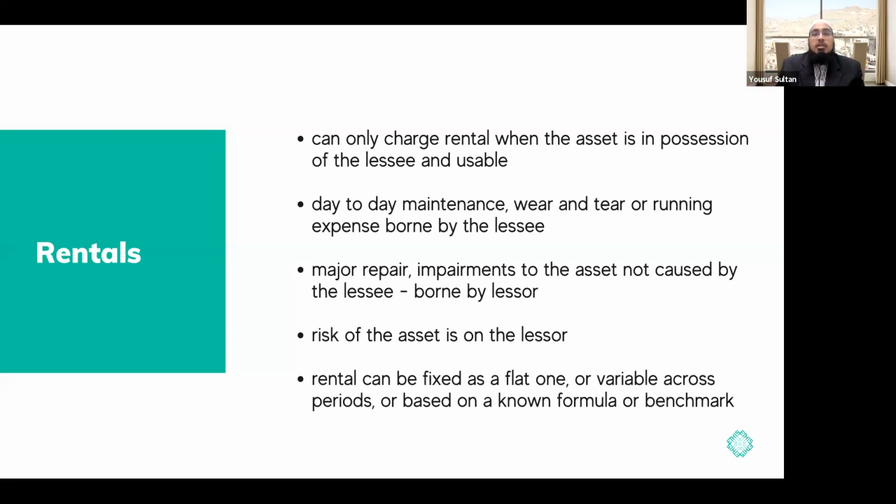So for example, why is a house beneficial? Because it protects us from the rain, sunlight. It makes us secure, right? So if those fundamental usufructs are not ready, there is no door, or there is no roof, for example, or the wall is not ready, then we will consider the house not usable. Similarly, a car: why would someone rent a car? So that he can transport from one place to another. So what if the engine is not ready, or the engine is broken and he is unable to use the car?